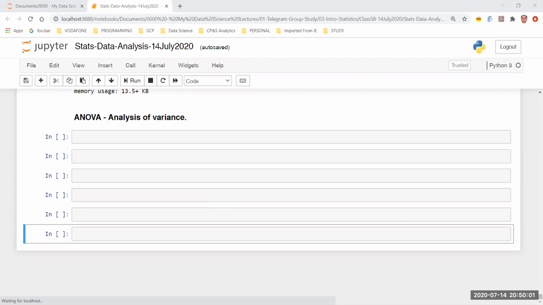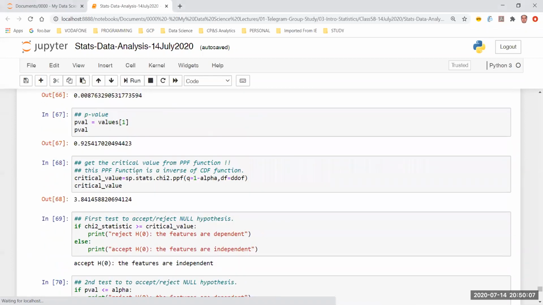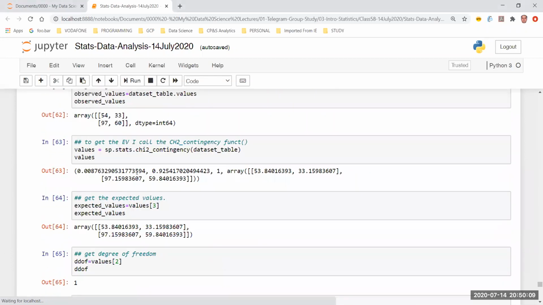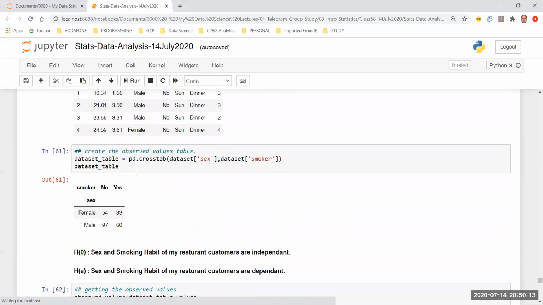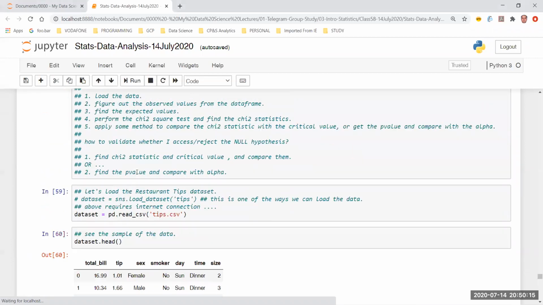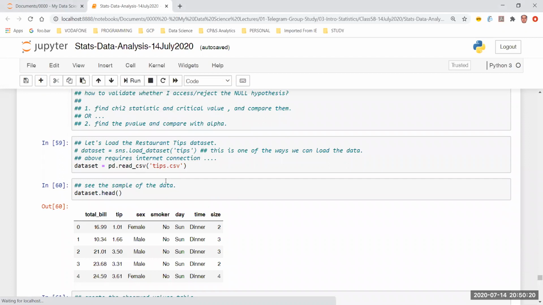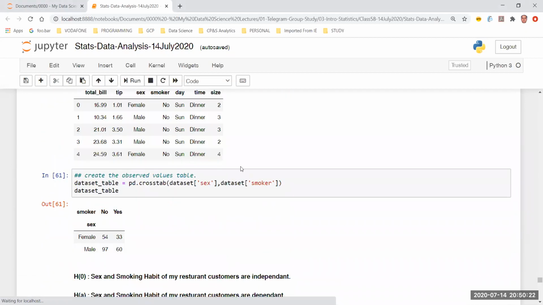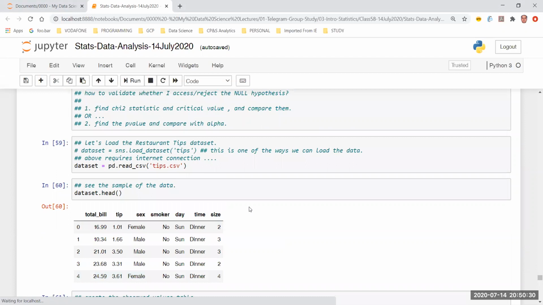For example, in this workbook, whatever tests we have done are based on data taken from the iris data set, or this tips data that we had loaded. So we took a population and then a sample or a set of columns from it, which all belong to the same population itself.